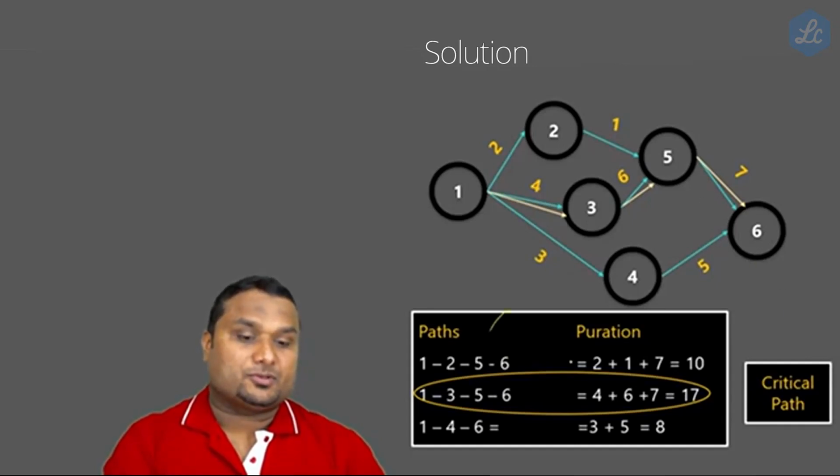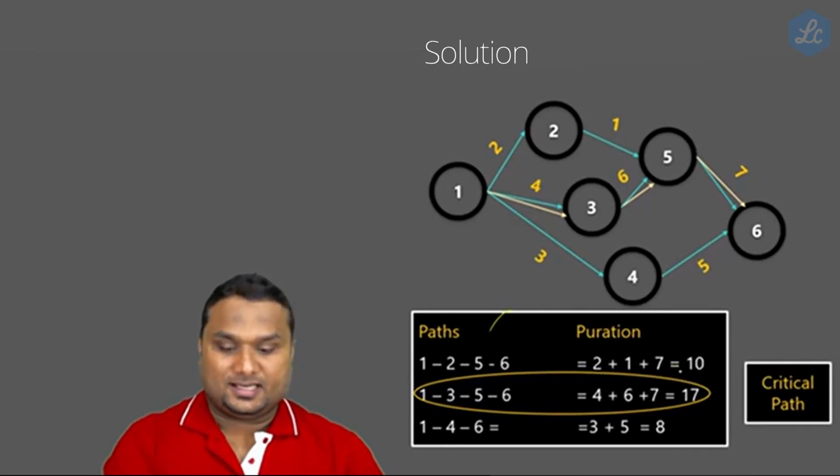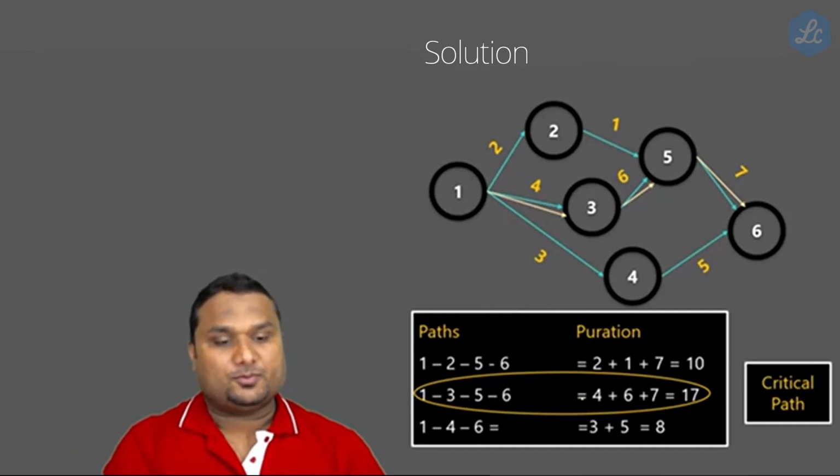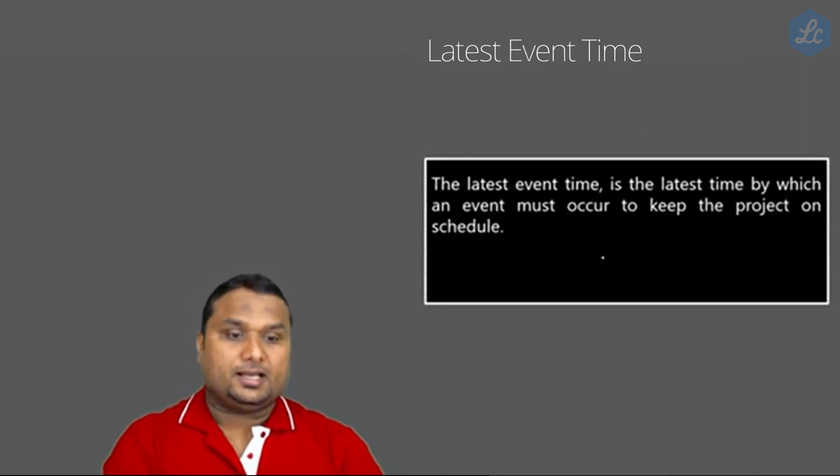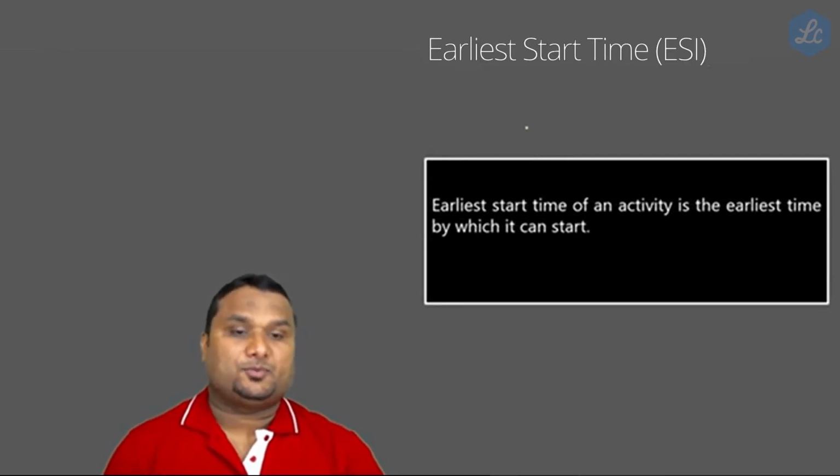17 days. So we have to write: the critical path is 1356, and the duration of the project is 17 days. If you are lucky enough, this could be enough to score 8 marks in your exam. Earliest event which we will compute here, latest event which we will also compute today, and this is something you are supposed to write. Please write down, because the next question requires this.